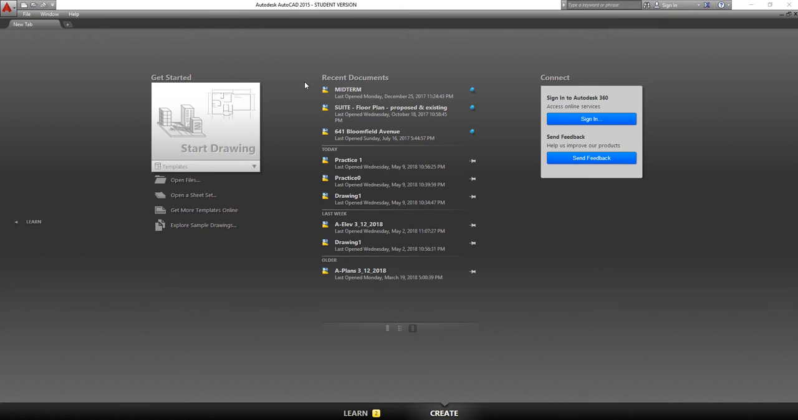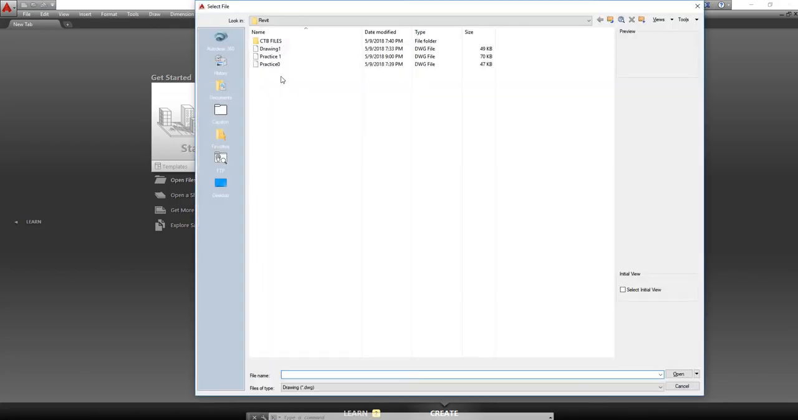Hello everyone, today we will be learning how to create a border and attributes in a border, and then how to block that border in order for us to insert it. So I have launched AutoCAD already, and I am going to open a drawing that I have already,